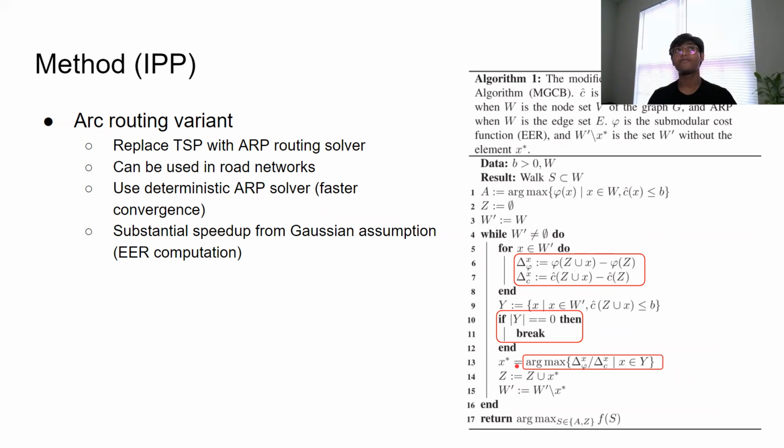Okay. Let me rephrase that. It says argmax because it's saying the edge which has the highest EER to route cost ratio. So we don't want to just select that ratio. We want the edge which has the maximal ratio. Hence we use an argmax instead of just a max. Okay. All right.